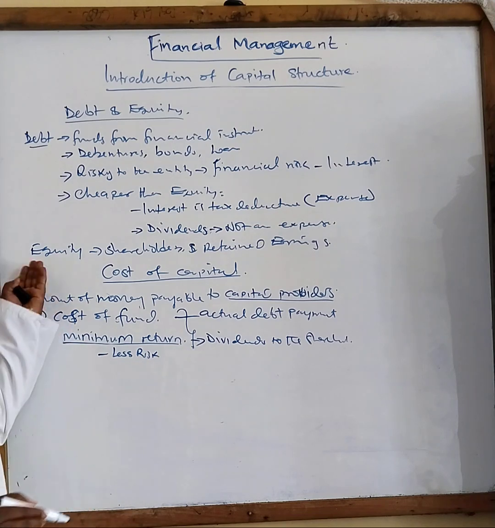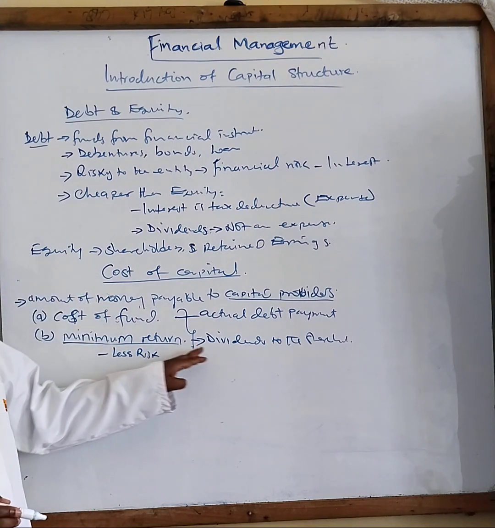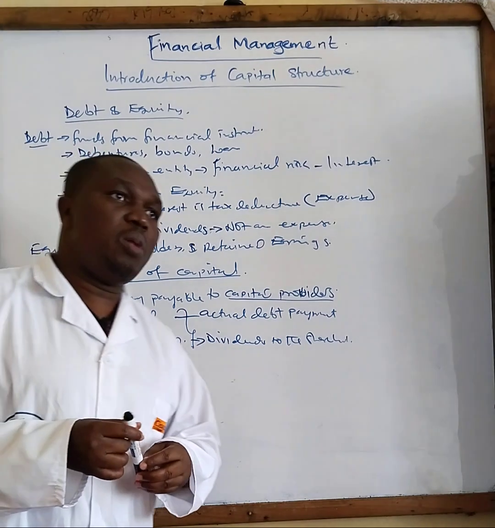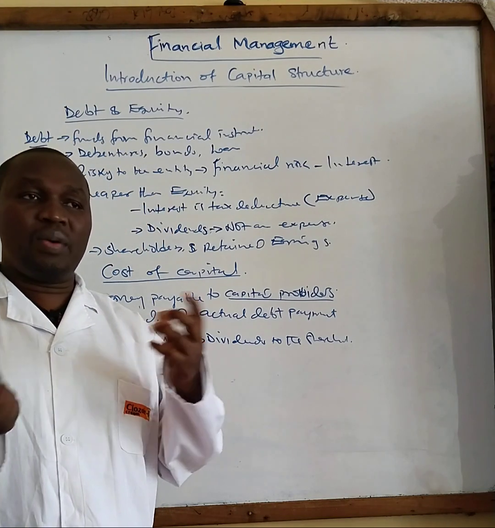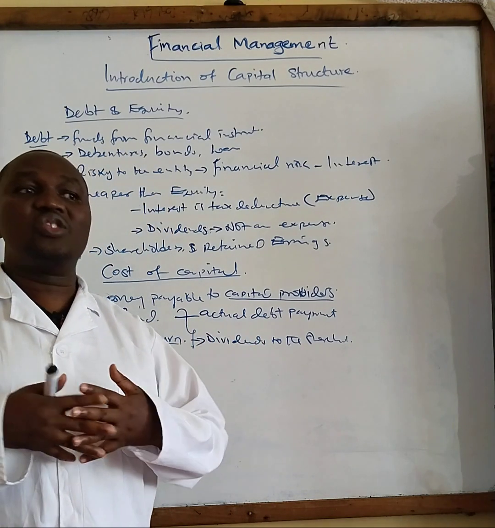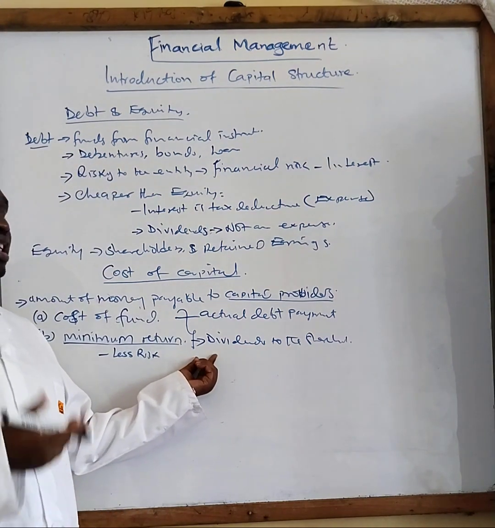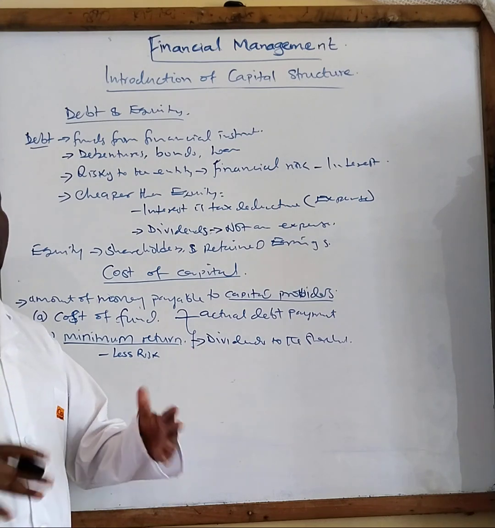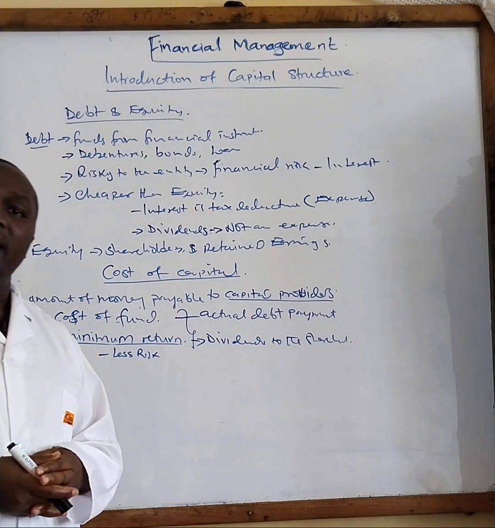So equity is less risky because you can easily negotiate with the shareholders. You can tell them that this year you have not performed well, so the performance of the income statement is not attractive at all. Therefore, we will not pay you the dividends at this particular rate, but will reduce them, or will not pay you dividends this year because of the performance of the entity.